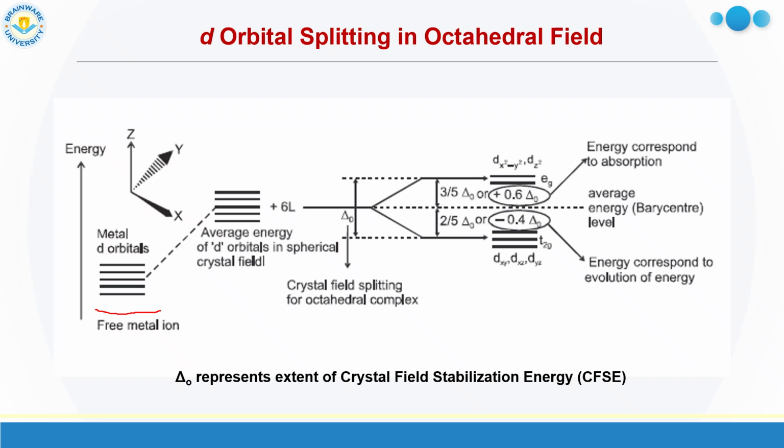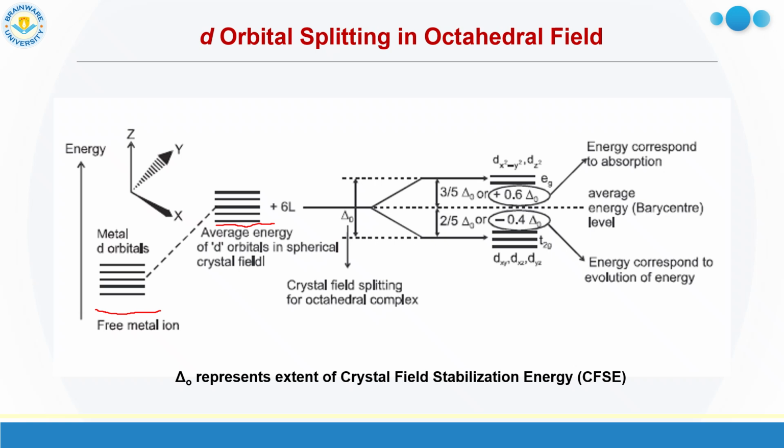Now when the ligands approach towards the metal, what happens? Metal is electron deficient, so obviously the electron rich center will get attracted by the metal. So the ligands will approach towards the metal. When ligands are approaching, there is interaction between ligand and metal. As a result, due to that interaction, some disturbance occurs. As a result, the orbitals get some higher energy. You can see the average energy of the orbitals increased here due to the interaction between the ligand and the